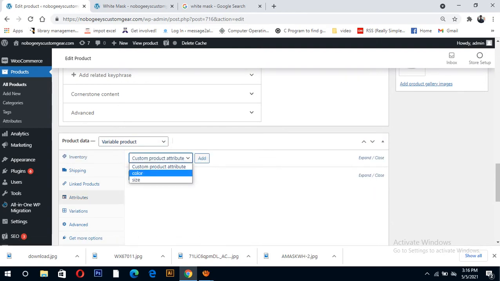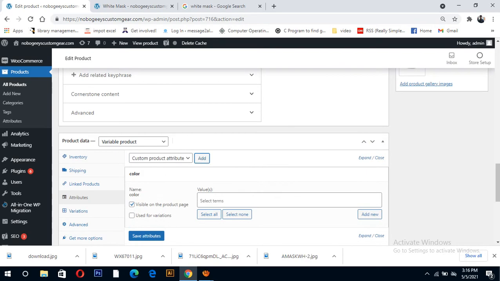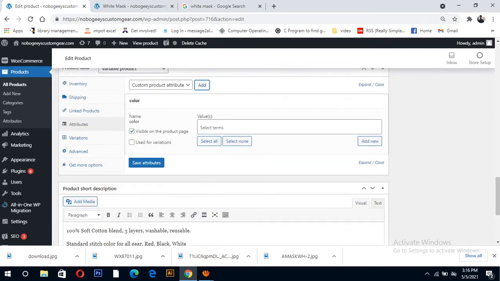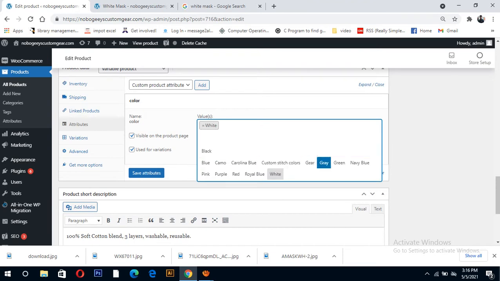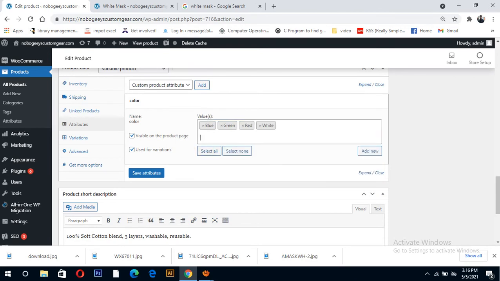Here you can see color and size. We want to add color, so click here. Select color here, and for these marks add some colors, like green, blue, red, three colors, just as an example. Then you can save it.